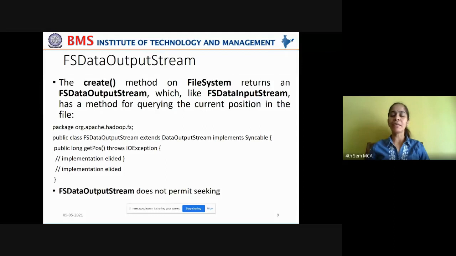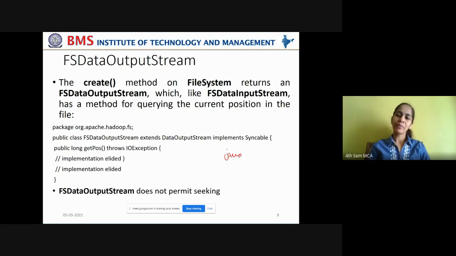This is not too lengthy, so try to focus. FSDataOutputStream is again a specialized class of DataOutputStream, which is derived from the Java IO package. Same hierarchy.